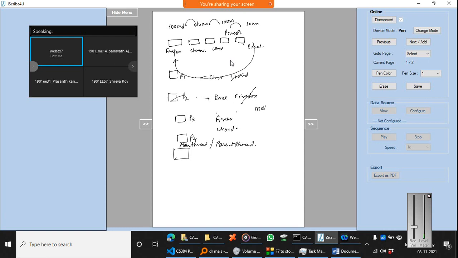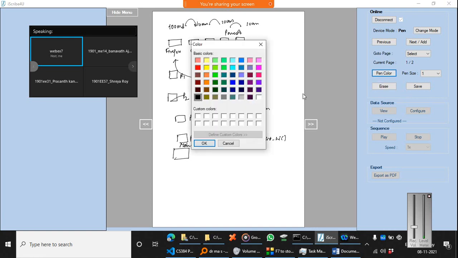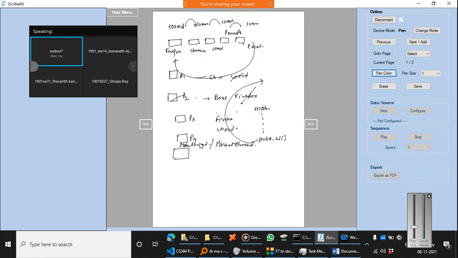You have the main, things are running, and then you are calling print high. The program pauses here till the output of print high is written. Once it is written, it comes back to the point where it was called, and then goes for further execution.